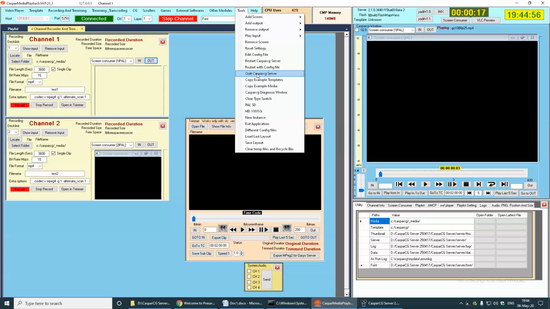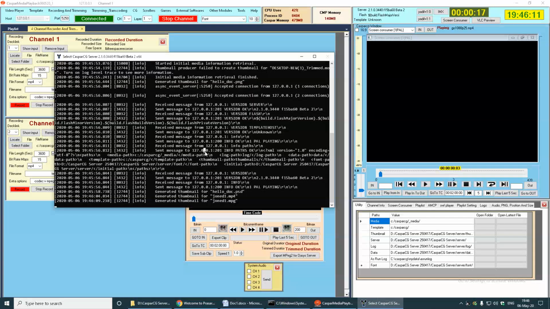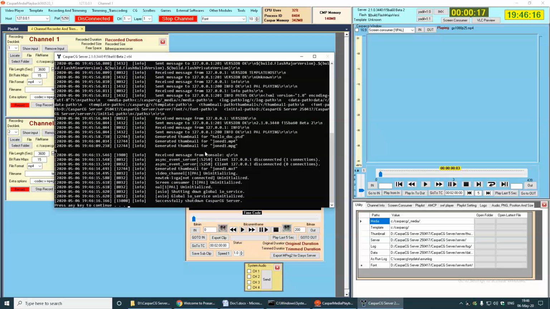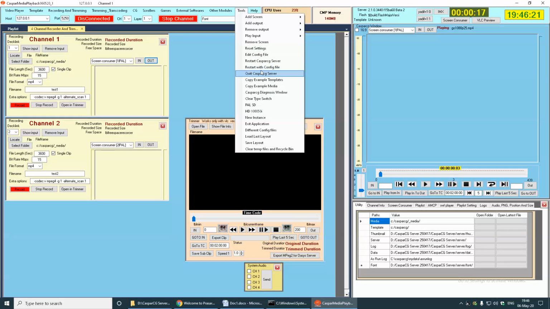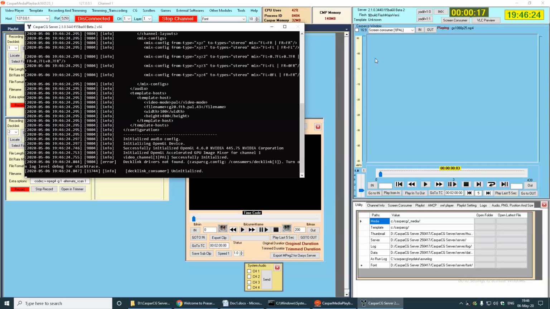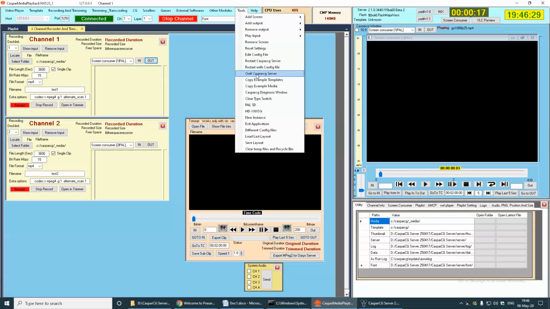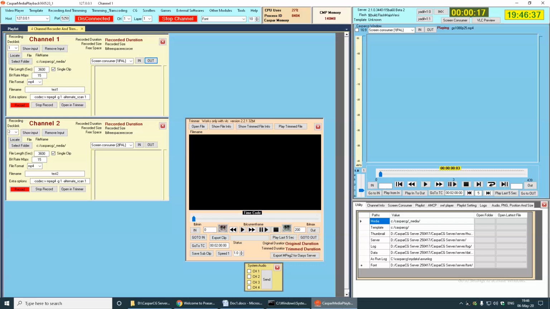Quit Kaspersky server. Quitting Kaspersky server can be done with a command like here. I will press Q and then enter. Now Kaspersky server will be disconnected. Now I will restart the Kaspersky server with this menu here and connect, and then go to see how Kaspersky can be shut down from here also, like this. So Kaspersky server quit.